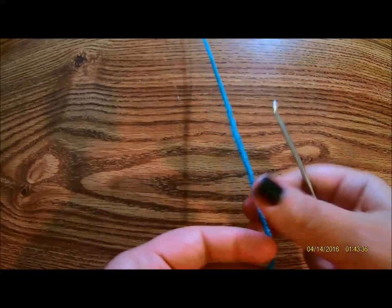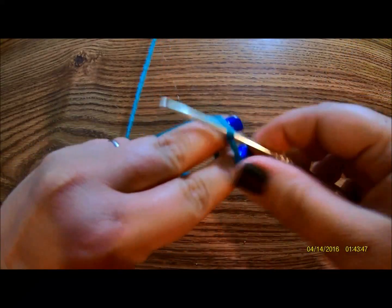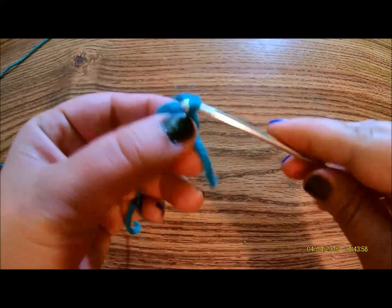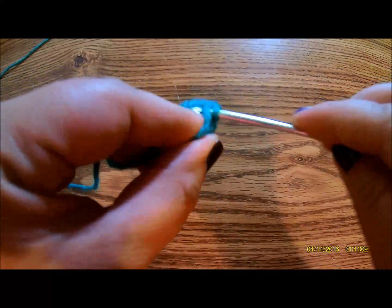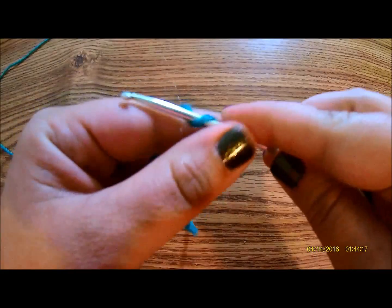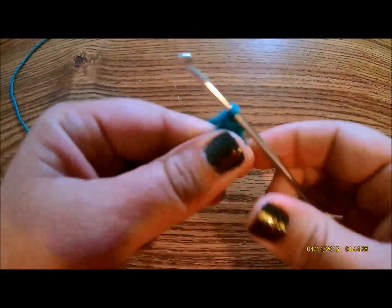To begin, we start with the jade yarn, and we are going to start with the head. We'll make a magic ring of 6. One, 2, 3, 4, 5, and 6. Pull it tight